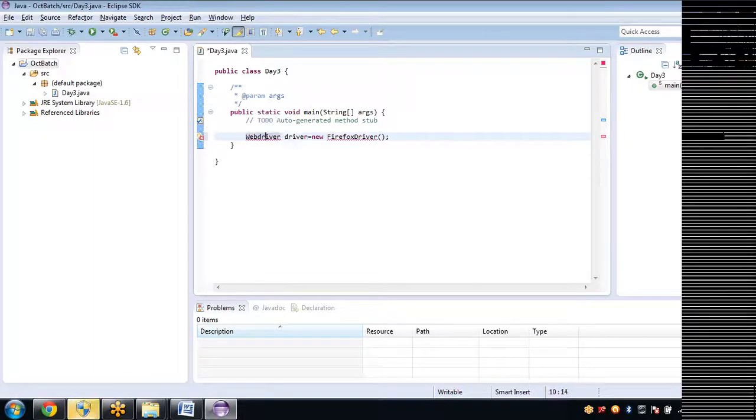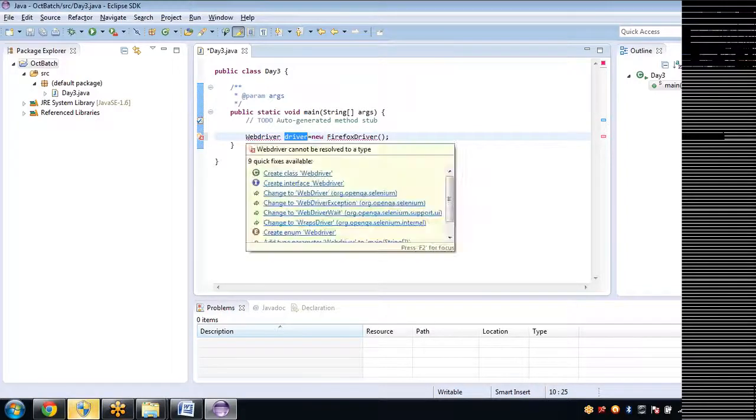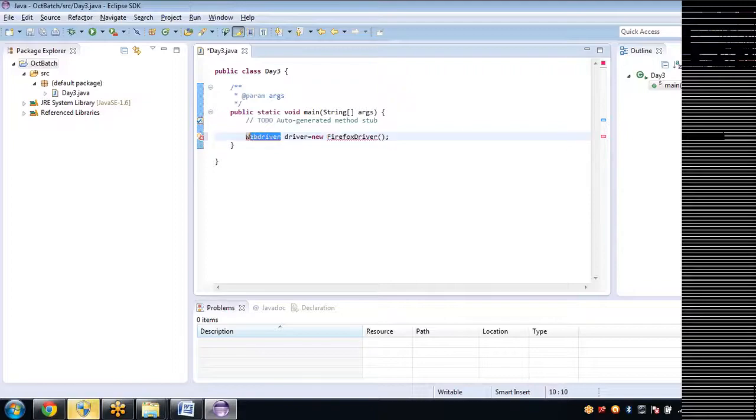If you give the WebDriver as a prefix to the object, then that object understands that yes, I am the object of the Firefox driver class, and I need to implement the methods present in the WebDriver interface. Okay, this we say as runtime polymorphism, something kind of Java. In Java, this concept is, to execute the methods in an interface, you are creating a class and using that object to call the methods of the interface. This concept is called runtime polymorphism.